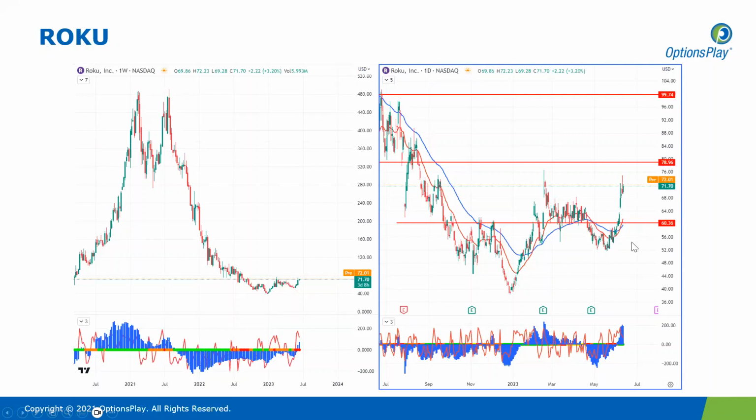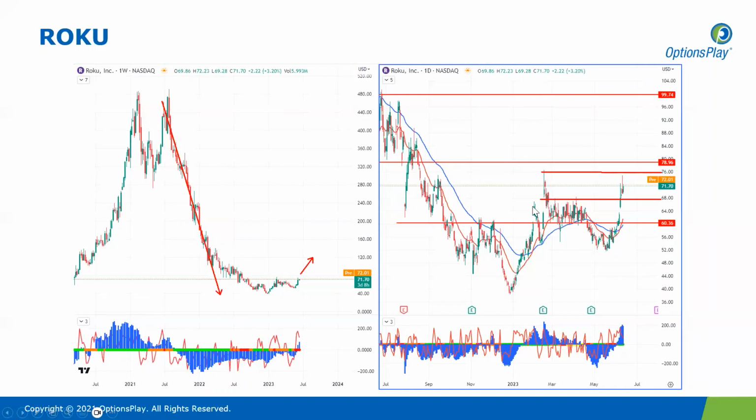Exponential moving averages are crossing over. And our take profit zone was, we looked at 68 as a potential, limited take profit zone, but I was also looking at 76, which is the previous swing level. So that's where I'm looking at for Roku. And if it breaks above 78, 80, then you're seeing some huge capitulation here after what has been a significant decline here for Roku. And then it will open the door towards the $100 key area.